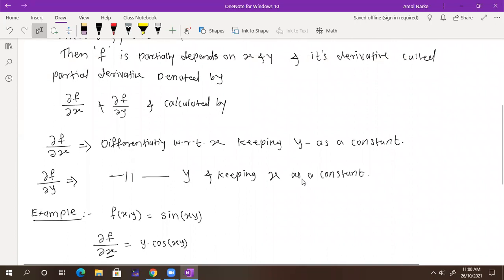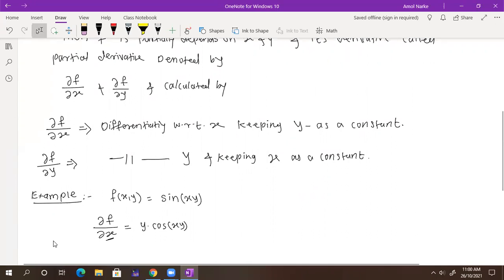Here we calculate the other one. So what is that other one? Tell me, del f by del y, what does it come to? X cos xy. X cos xy. So down here, just give me a minute. Okay, so the partial derivative of f with respect to y, we can write down here, is x cos xy. Correct.